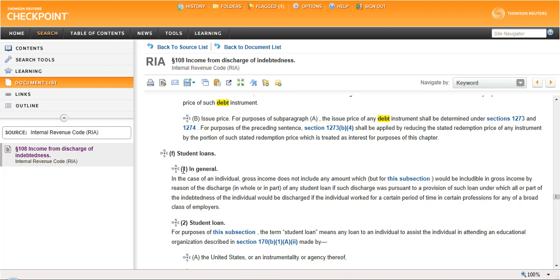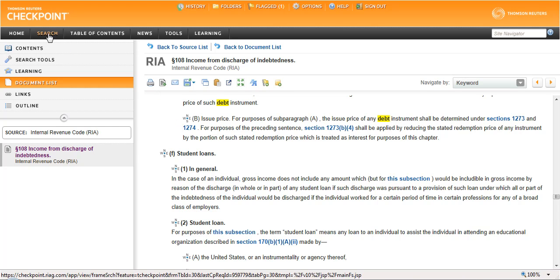So what you would do then is hover over this section, which is, come on, pop up. And it's not going to do it, I don't know why. Normally if you hover over this little compass right here, it'll give you the code section, or the full code section site that you would use for citing in your memo. But anyway, 108(f)(1) is the site you'd use, and that in fact states that we don't have to pay tax on this income. So that would be your answer.